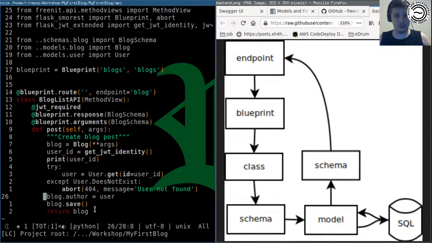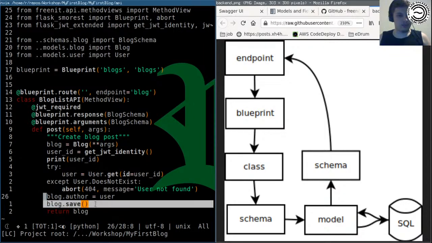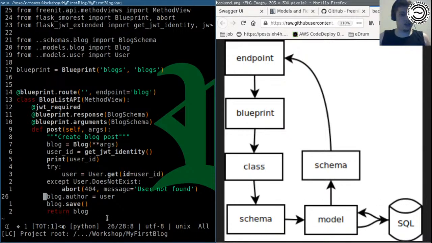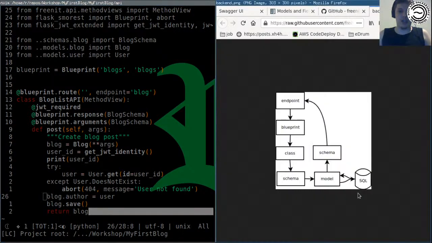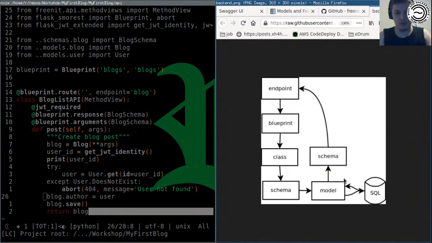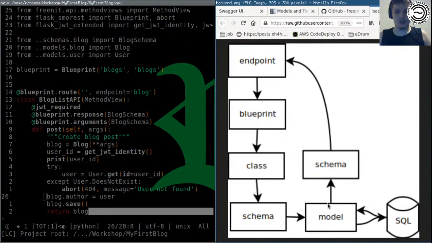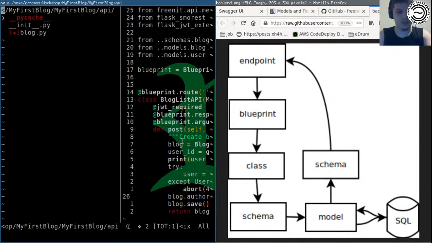We mapped our user, and then when we hit this blog.save, we said, okay, store this inside the database. It's still being kept as an object in the memory, but what's important is that it's saved inside the database. And when we return blog, what happens now is we pass it again through schema. We give it that format that we want, that we defined with our schema,